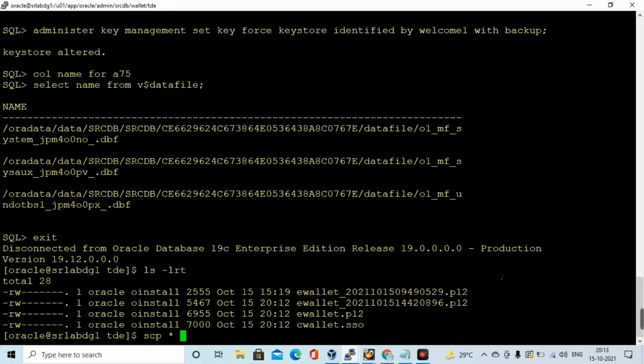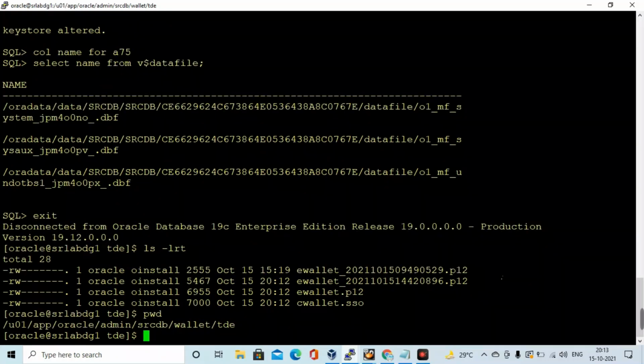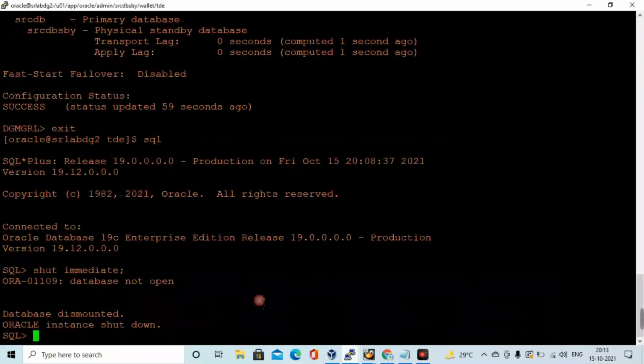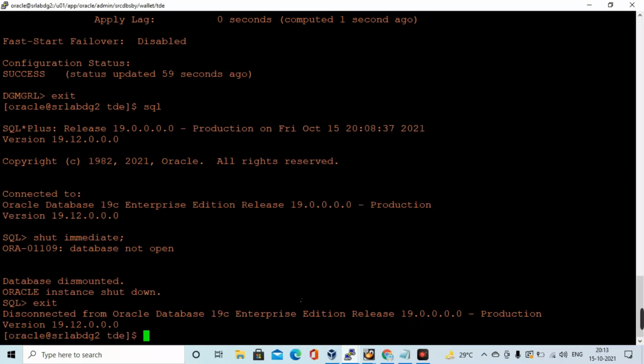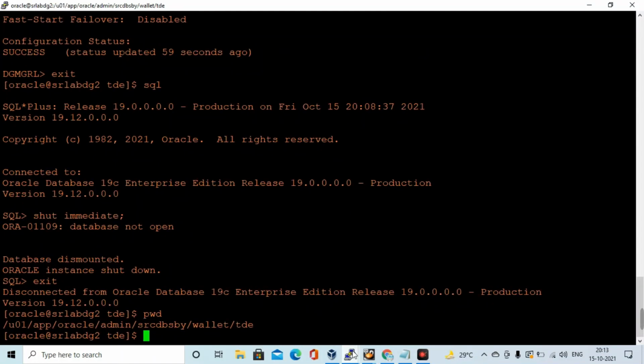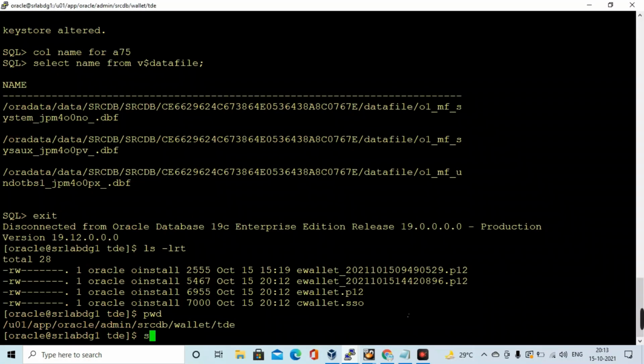We have to SCP all those wallet-related files into the target's TDE location. This is the TDE location on the primary side. Coming to the target side, the standby side, this is the standby TDE location. I am going to SCP all those files to the target TDE location.